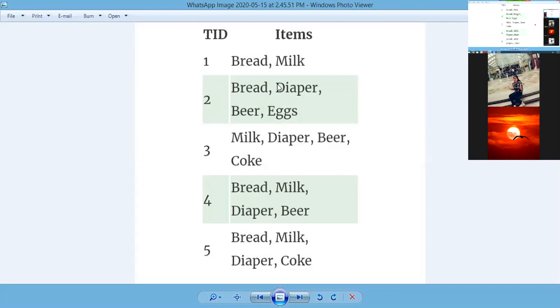Okay, try to write it down and try to find out how many times the bread appears. Draw a chart here itself. Try to find out the frequent occurrence. Bread appears